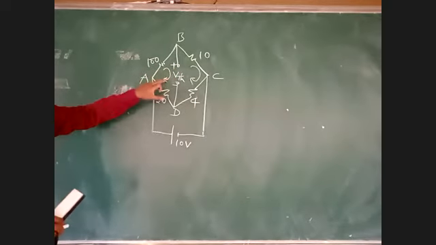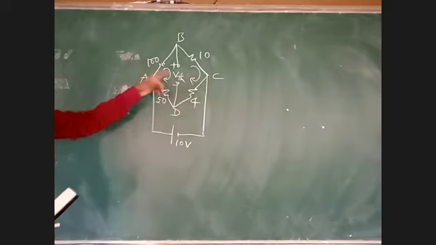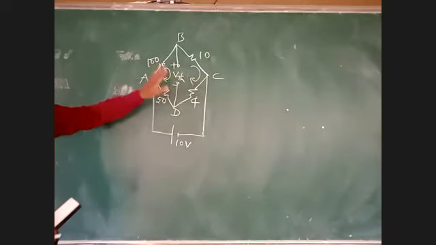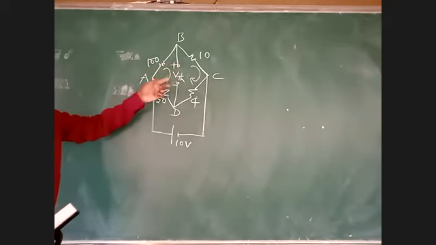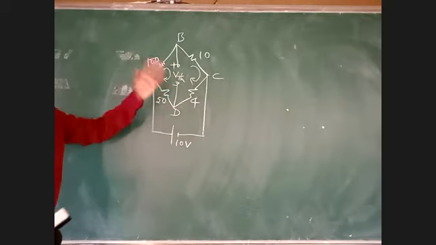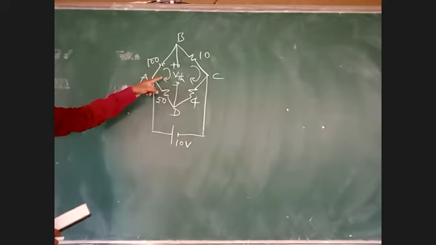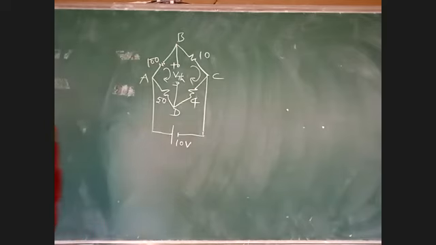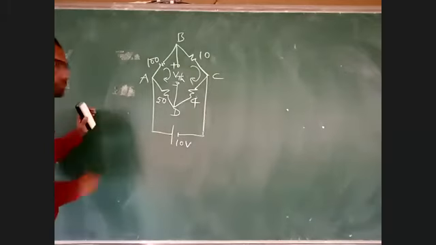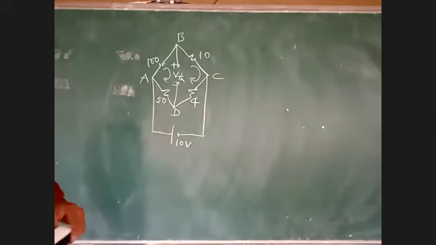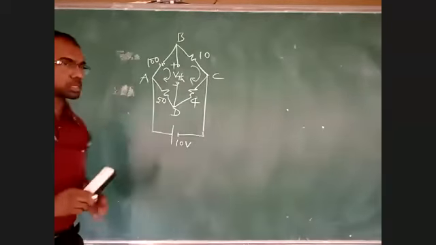You can take clockwise or anti-clockwise. In the exam, take either this one or this one. Even if you take both, you get the same answer for VTH. Now I am not taking plus and minus for this reference direction because that is not the current direction. Now in this problem, I will apply the voltage divider for determining this VTH.